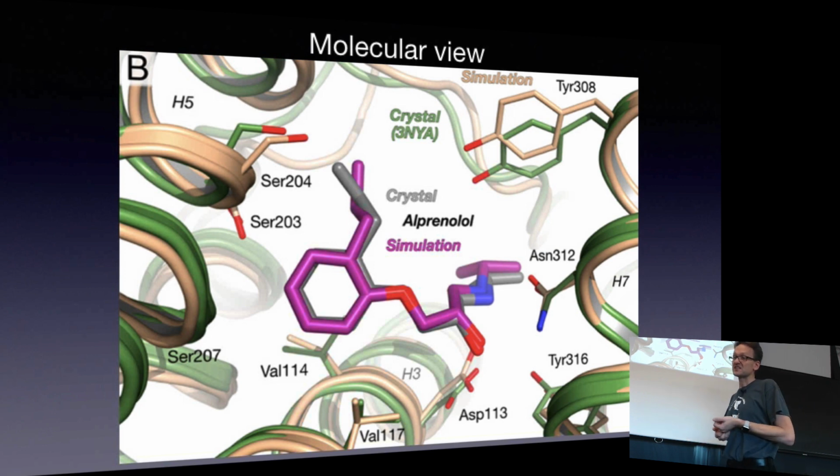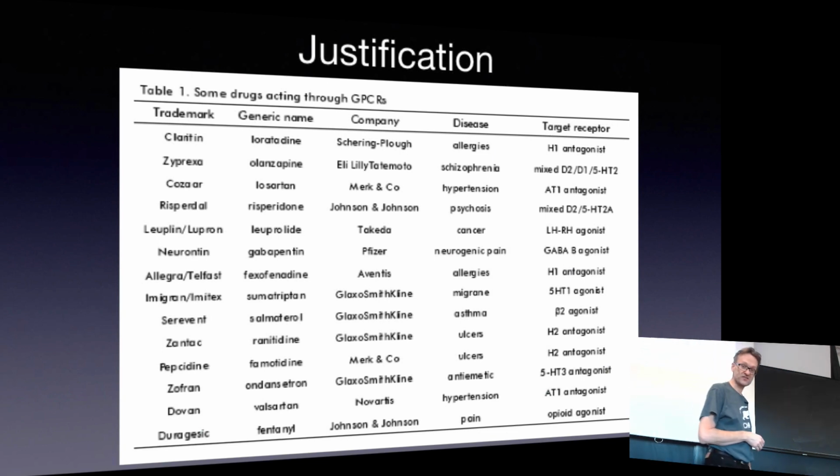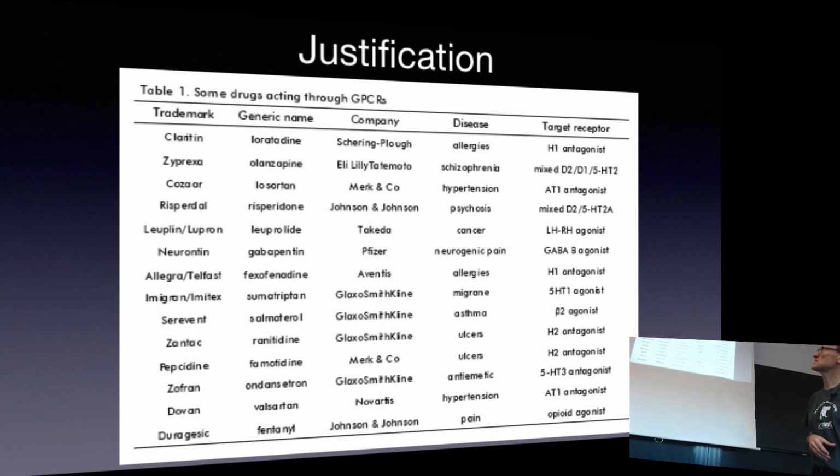And this is exceptionally important, particularly in the pharmaceutical industry. I don't know how many billions of dollars are in this slide, but these are basically companies and the trademarks, generic names of drugs targeting just G protein coupled receptors. And I'm going to come back to this later on in the course, but the average revenue for these blockbuster drugs can easily go in the tens of billions of dollars today. So it's exceptionally important commercially too, not just from science.